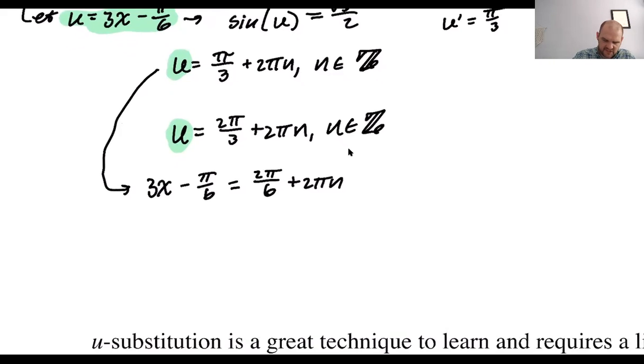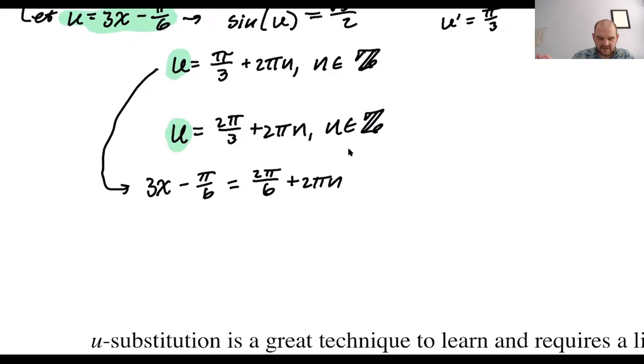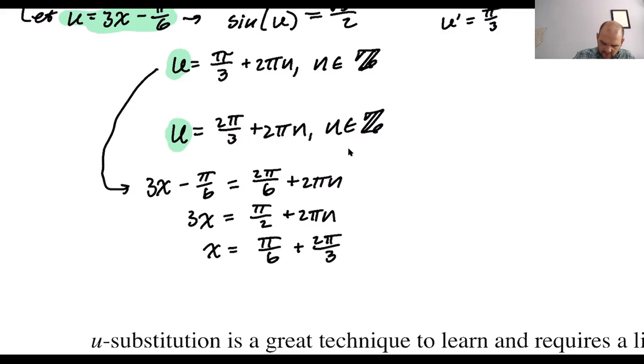So 3x equals, if I add this, I get 3 pi over 6, which is pi over 2, plus 2 pi n. So x is, divide everything by 3, pi over 6 plus 2 pi over 3 times n,